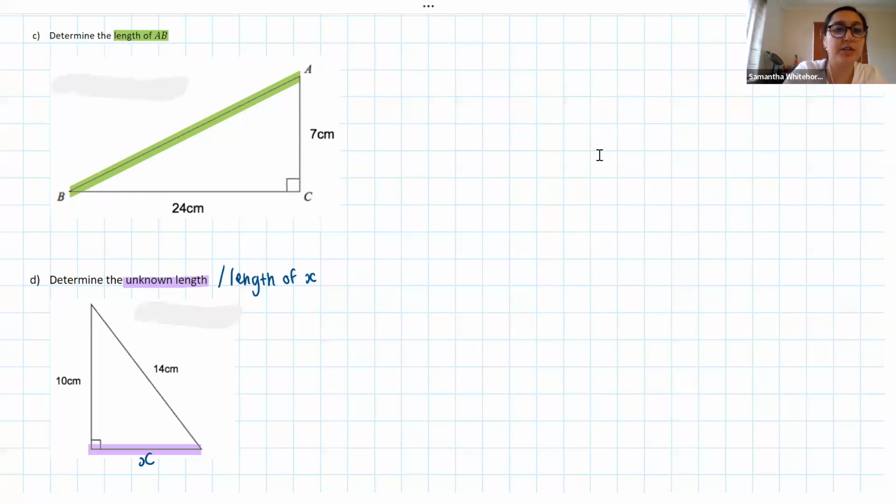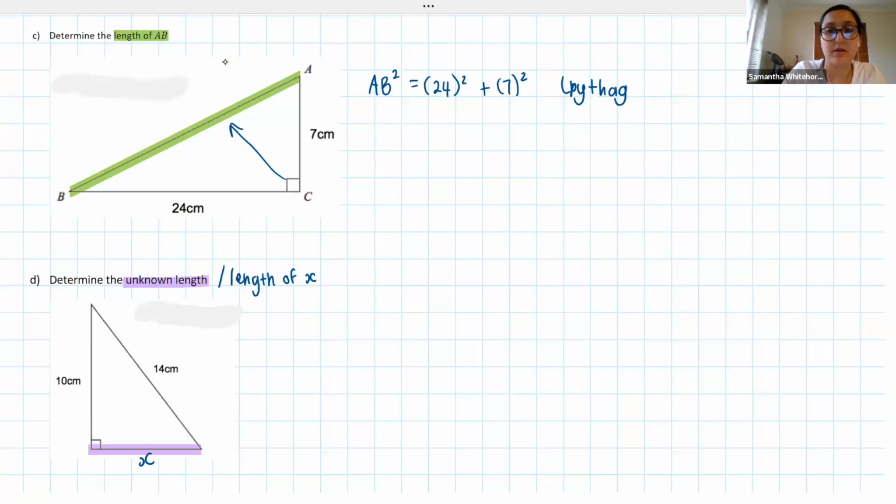All right, so for question C, longest side is AB, so that's our hypotenuse. So we've got AB squared is equal to 24 squared plus 7 squared, and this is all because of Pythag. 24 squared, I want to say is 576, but let's just double check, 576. So AB squared is equal to 24 squared, which is 576, plus 7 squared, which is 49. Right, so adding those two together, I get